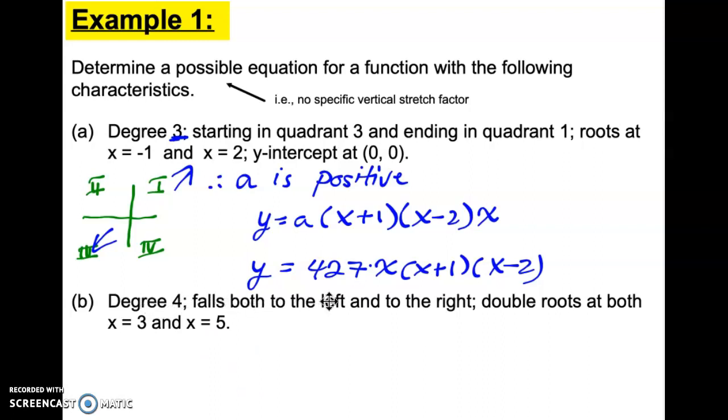Next we have a degree 4. It says it falls to the left and to the right. If we were to draw out those end behaviors, that would look like that, falling to the left, falling to the right. When we have an even degree that is pointing down, that means that a is negative. It tells us that we have double roots at both 3 and 5. Double roots means bounces. It's going to have a multiplicity of 2